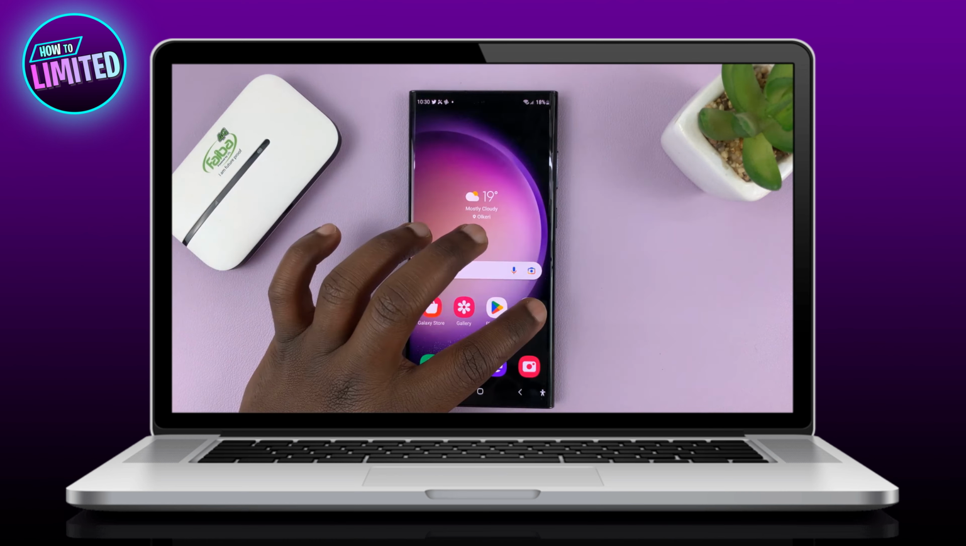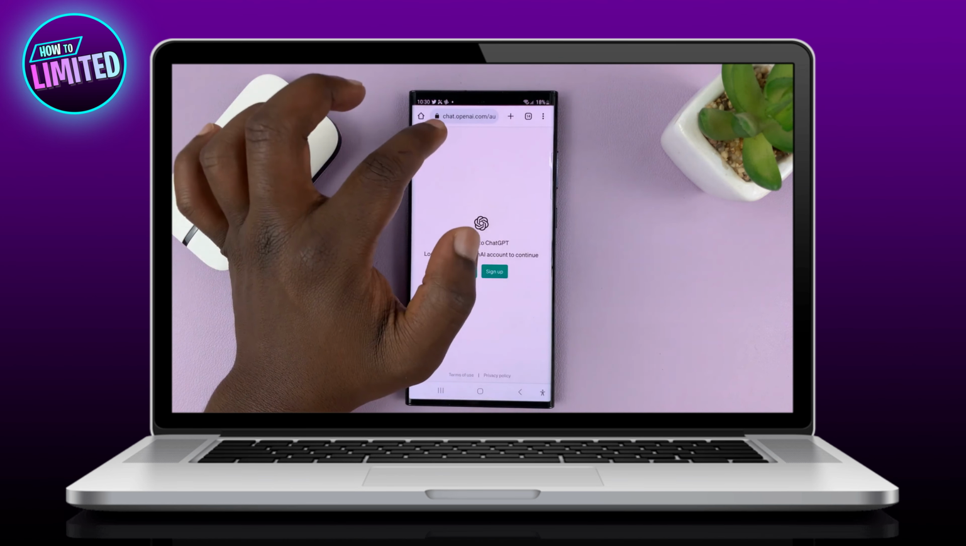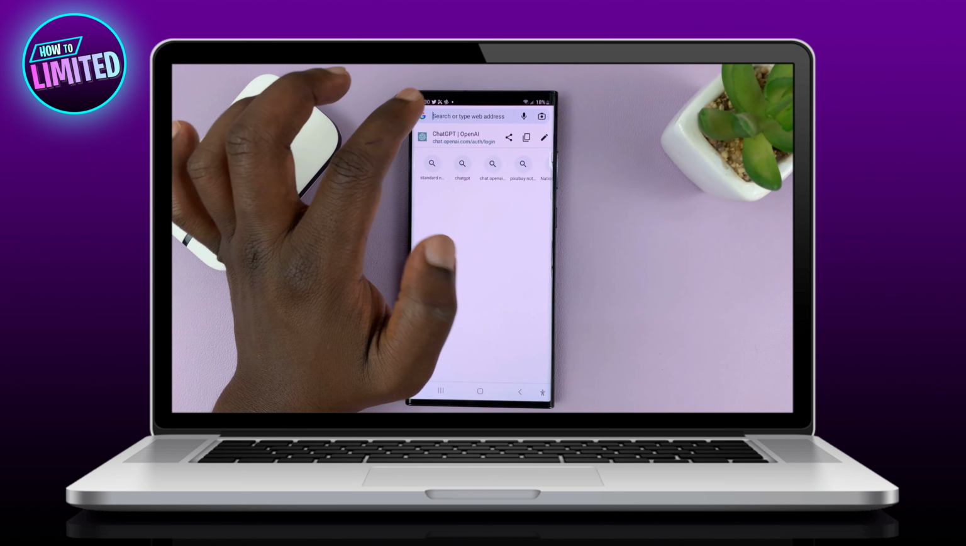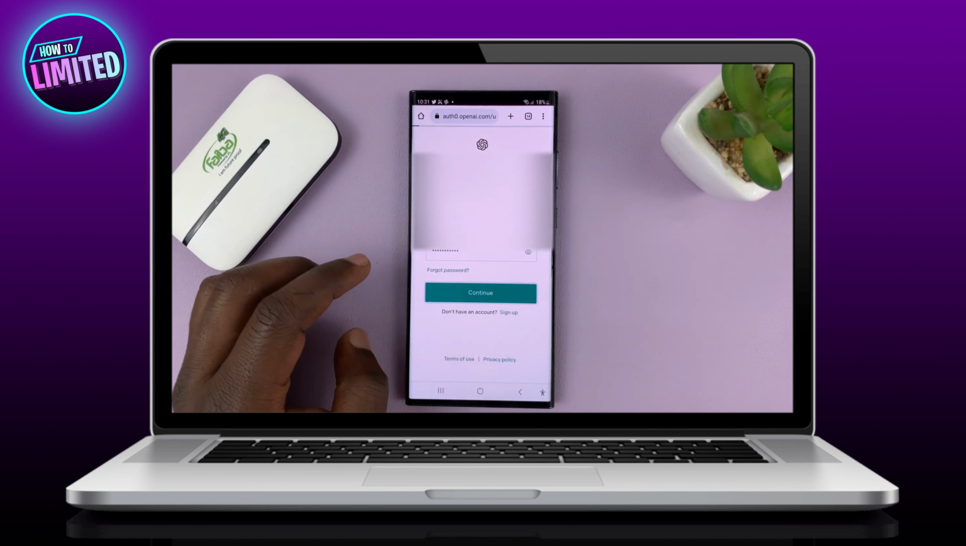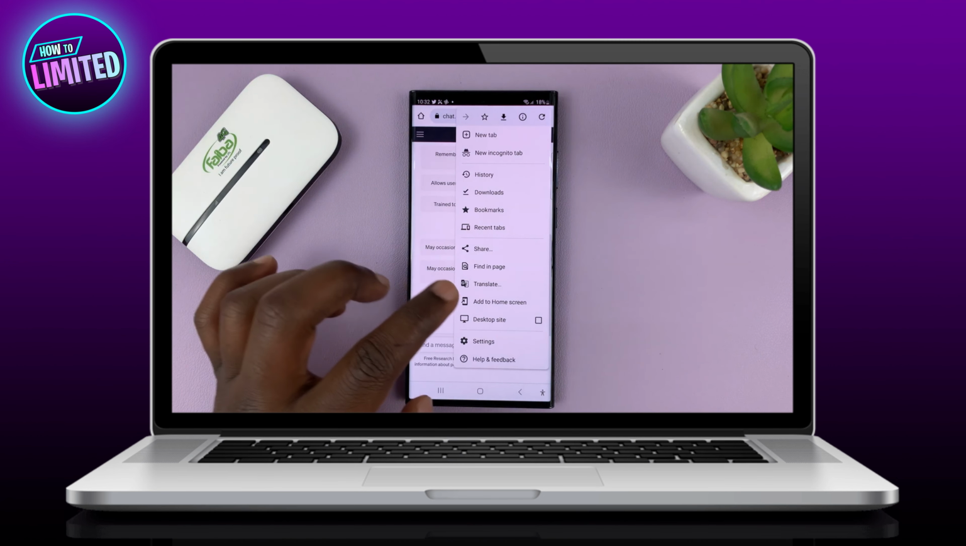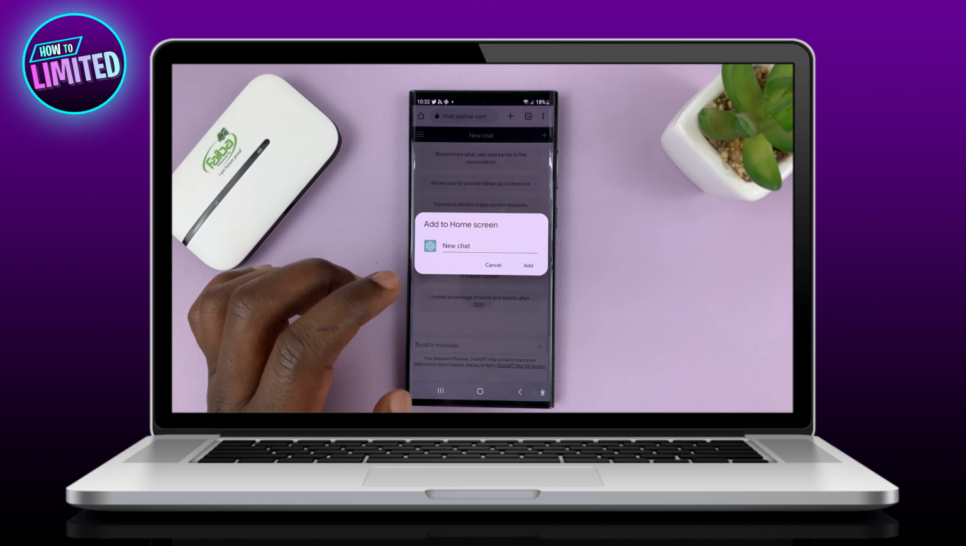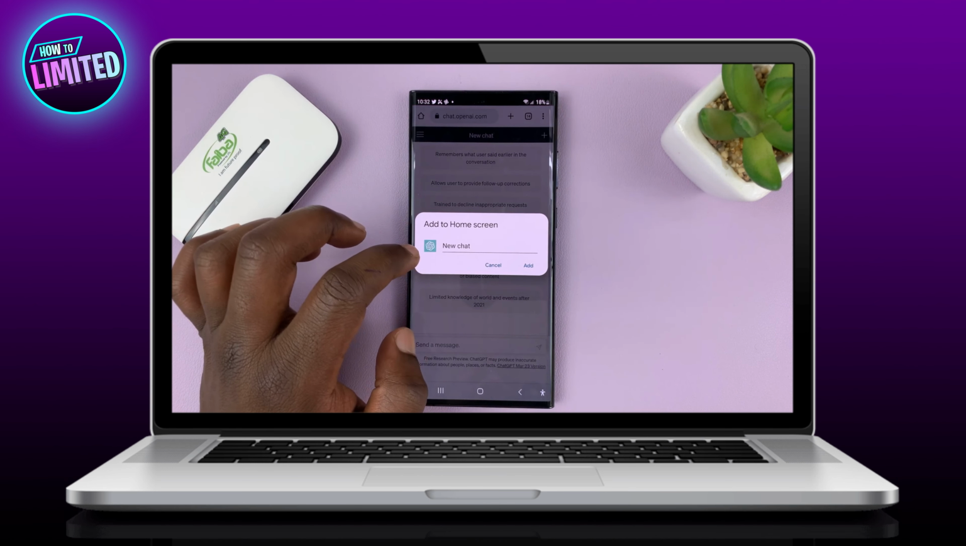First of all, open Chrome browser on your Android device and go to chat.openai.com. Log into your account. Tap the three dots in the top right corner and choose Add to Home Screen. Add a name for the app icon